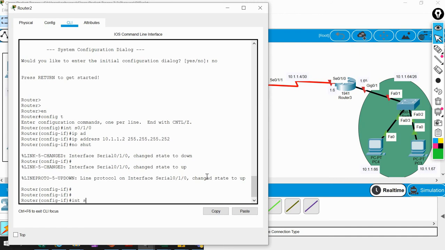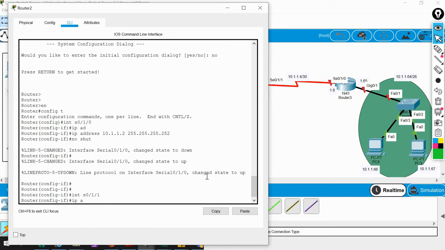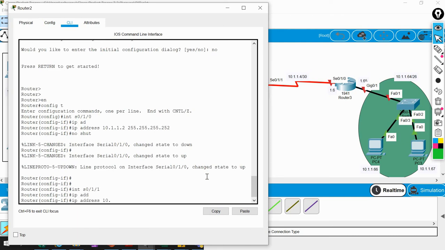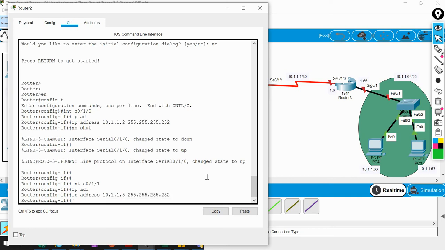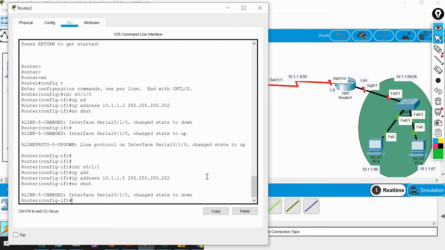So interface S0/1/1, and the IP address is 10.1.1, what is the IP address? 5. And the subnet mask will be 255.255.255.252 and no shut. So our router 2 is done.